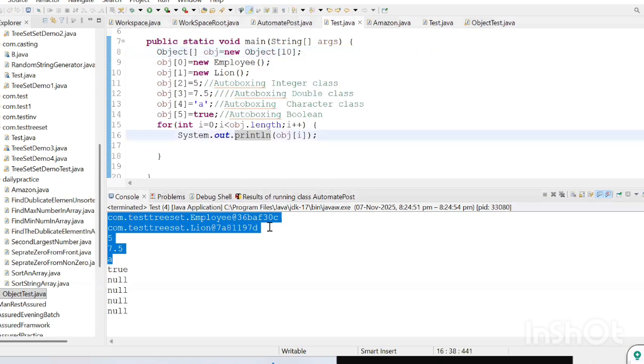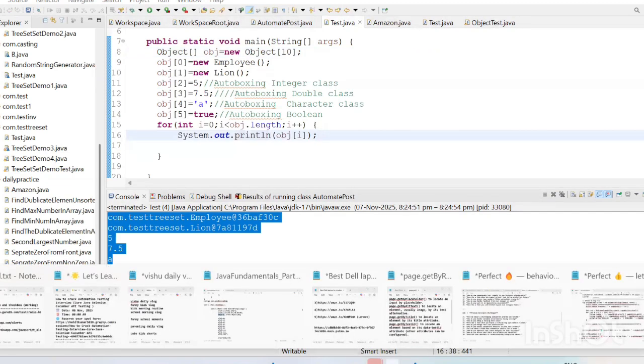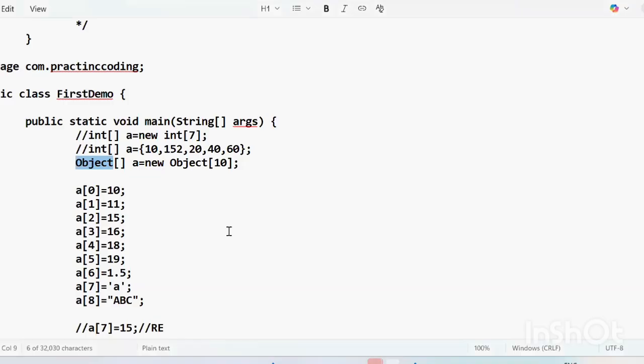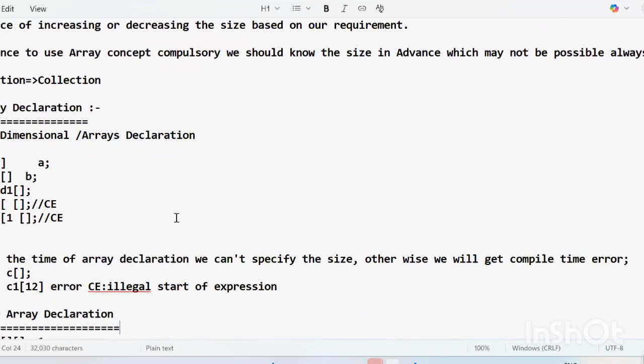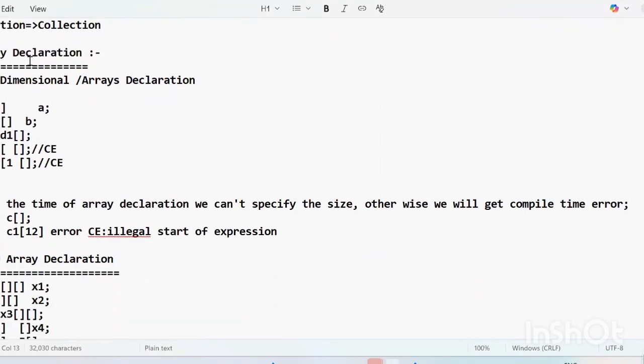So I explained the Object class at a high level. The type problem we are able to solve, but for the size problem we don't have any predefined method inside this array. These problems are there, so that's why we have the collection framework. So how to declare an array? This is how you can declare. If you give spaces and all, it will work. If you define your variable also,